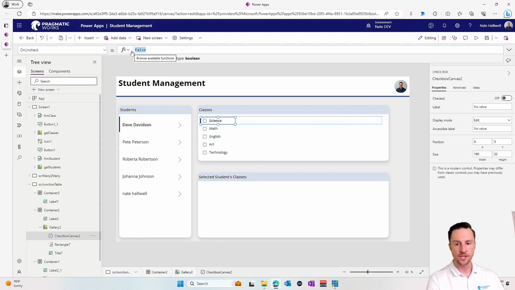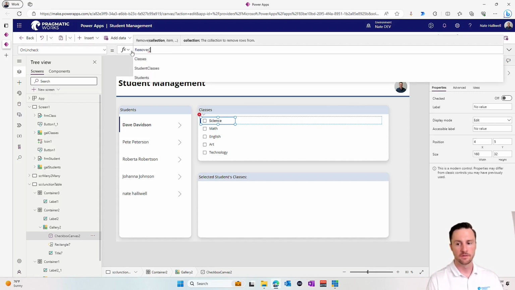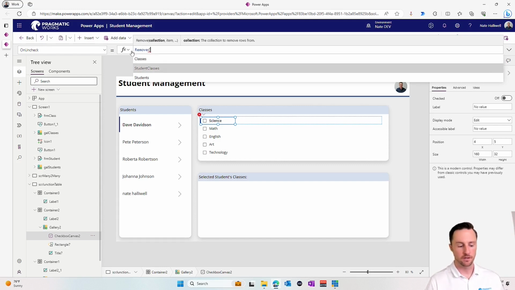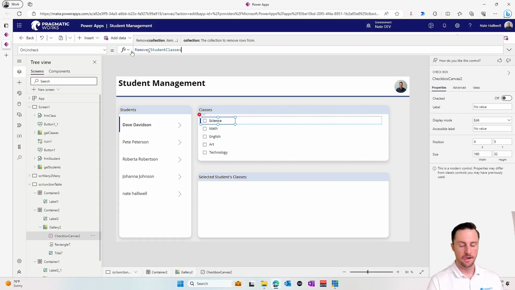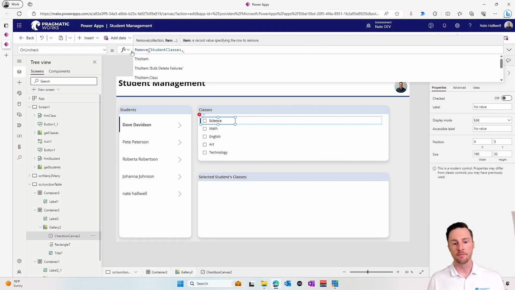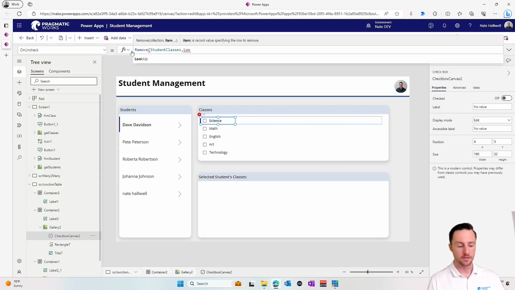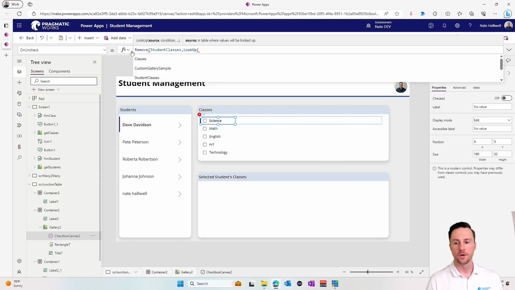So on uncheck of this checkbox, we want to Remove. Which table do we want to remove a record from? We want to remove a record from student classes. And which item do we want to remove? Which record do we want to remove from that table? So we're going to do a LookUp formula here to find that record where Dave Davidson is the student and science is the class. So we want to look up to student classes